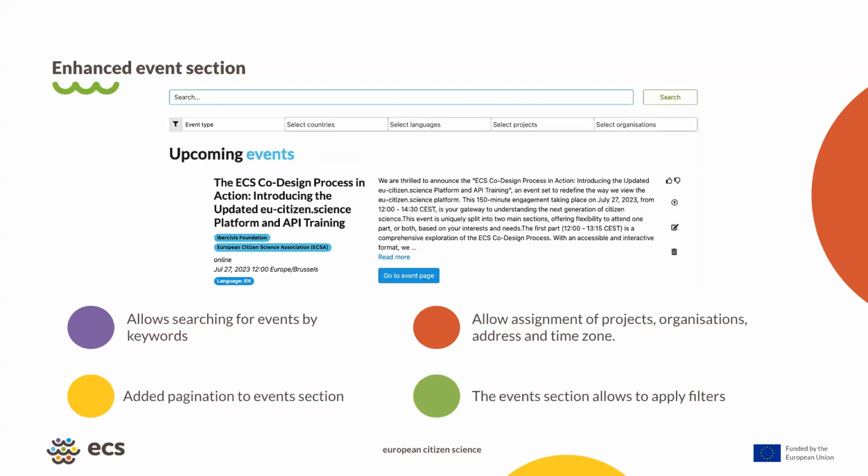Thus, in subsequent co-design cycles, one topic we will discuss with the community is the possibility of adding this filtering system approach to the platform's general search engine.